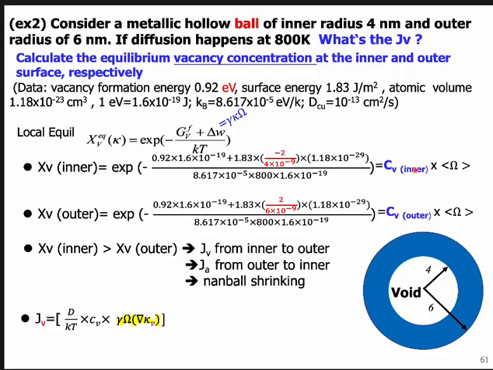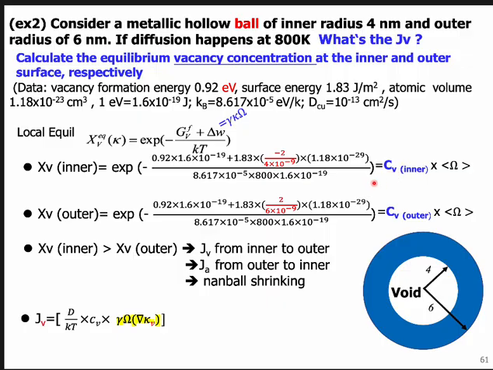After simple calculations, you will find that the inner concentration should be larger than the outer, because you can see this minus this one, so you get a smaller exponential term. You get a larger XV for inner, but after a rough calculation, the XV is around